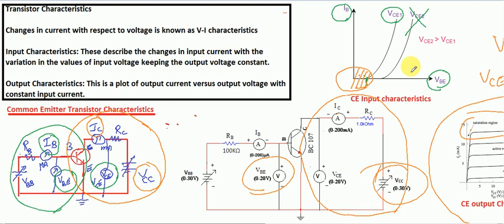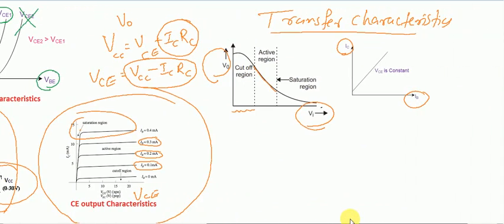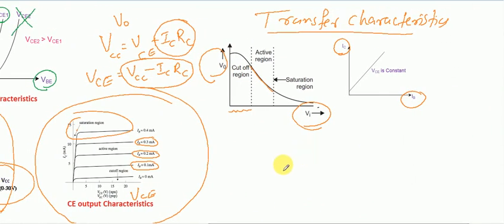The only thing is that you must know how to draw the circuit diagram for this. You follow the steps that we did in this module. Then it will be easy. If you are finding difficulty understanding the circuits, try to draw the transistor, complete the block diagram, then apply the bias voltages, then apply the devices to measure current and voltage. Ammeter is in series and voltmeter is in parallel. Then draw the input characteristics, output characteristics, and then transfer characteristics. That's about the transistor characteristics.